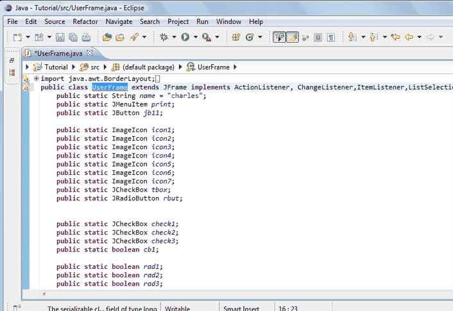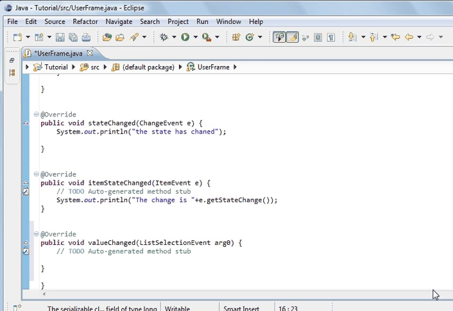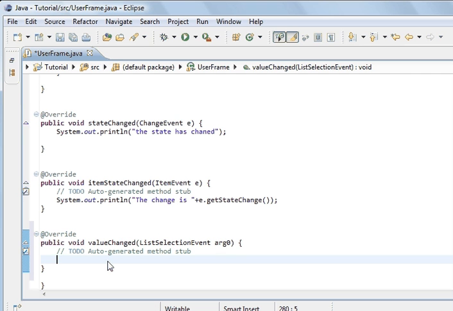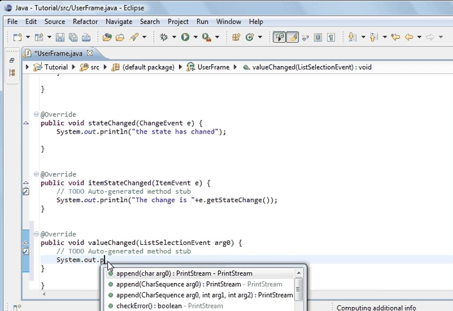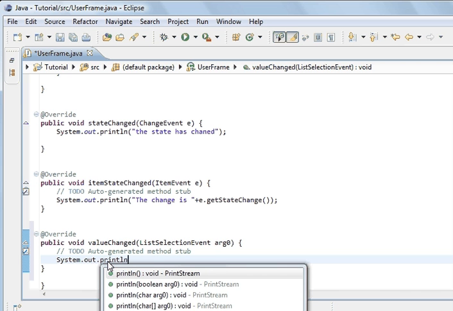It's the method that's used with the list selection listener. And so whatever code we put in here should be executed. So if I type system.out.println, the list has called,